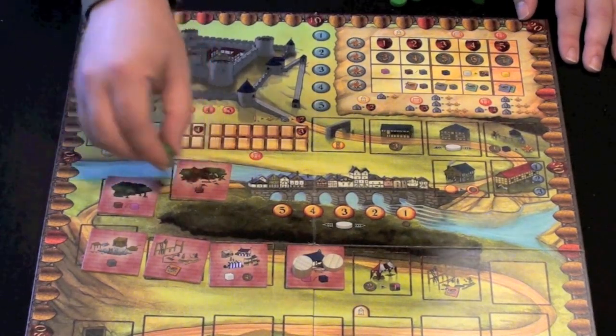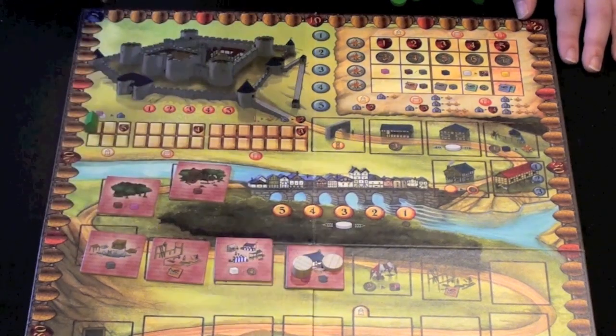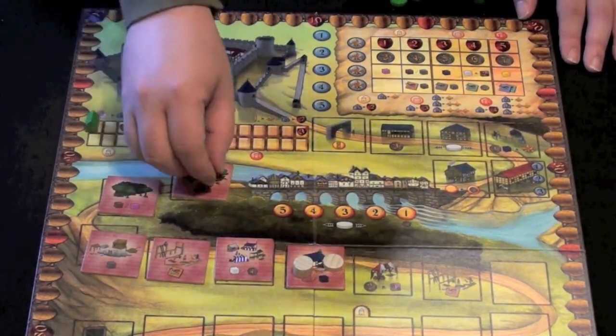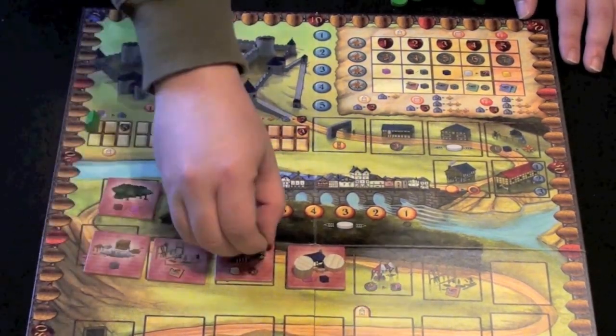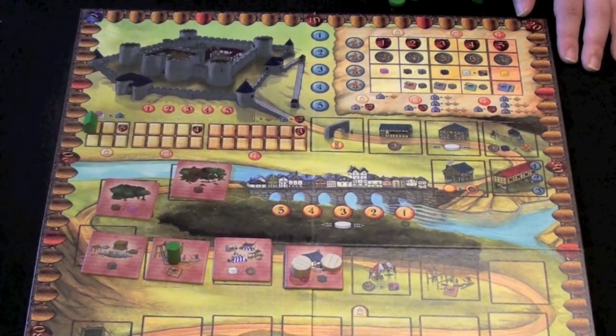Now the neutral pieces allow you to either take goods, to build buildings, or to trade cubes in for money or various other things. For example, if I were to use this one, I could take a wood cube. This one will allow me to take either a wood or a cloth, a stone, or to trade in cubes for money. And this one here is special in that it allows you to build a building from the common